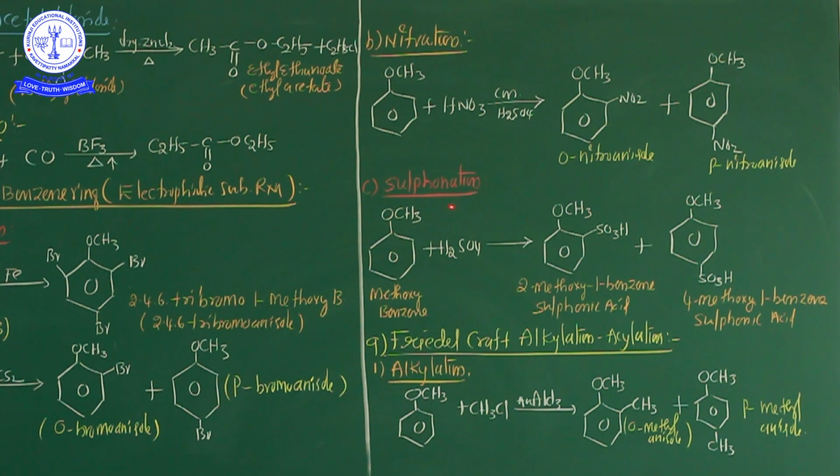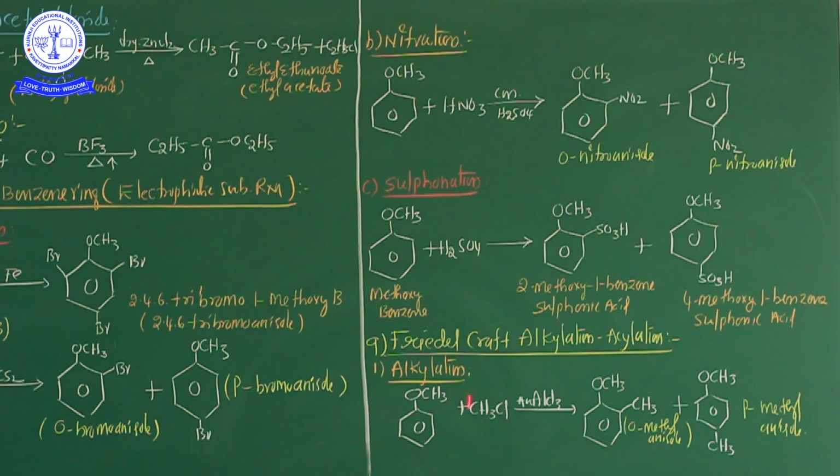This is the sulfonation. Listen, my dear students, reactions involving the benzene ring are nothing but electrophilic substitution reactions. Bromination, nitration, sulfonation are very important. Next, the ninth one, Friedel-Crafts alkylation and acylation. These are also very important. Friedel-Crafts alkylation and acylation already came in phenol chemical properties. Even in ether also, Friedel-Crafts alkylation and acylation, both of them are there.